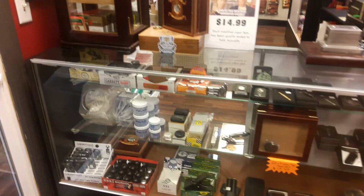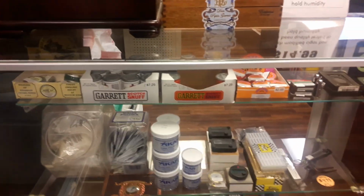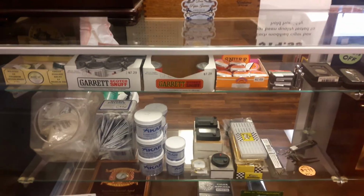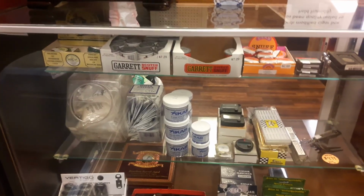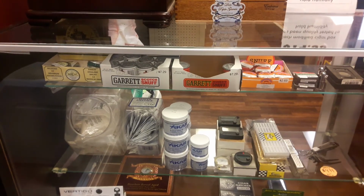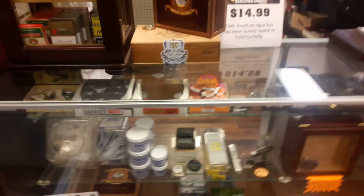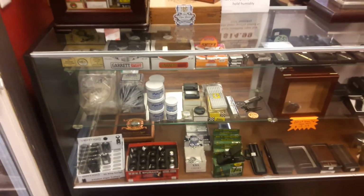Over here we've got some dry snuff. Now they've got a pretty good selection of dry snuff, and I was trying some of this today. Got Wilson's of Sharrow over there on the top left. You got your Garrett Scotch snuff and sweet snuff. You've got your Dean snuff, which is pretty good. I bought a small tin of that. Lighters,